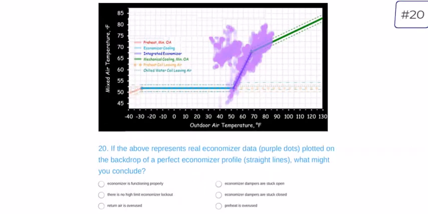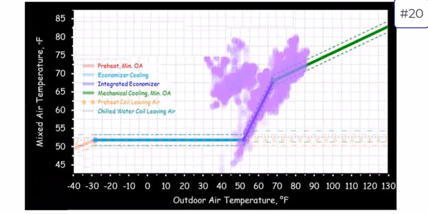Question 20, finishing the airside system portion, is asking, based on this plot, what can we say about the condition of the airside economizer? Like we've been taught, just try to interpret this chart based on its main elements. We have an x-axis of outside air temperature. We have a y-axis of mixed air temperature. And the curve that we see here with these different colored lines is what's sometimes called the perfect or ideal economizer profile, for something like an integrated economizer,